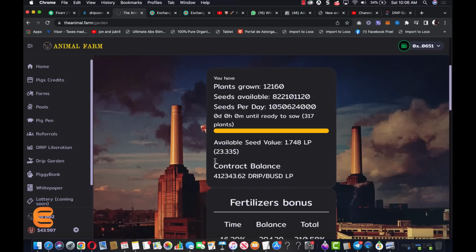Some people say that the more you compound, the better. To me personally, one time a day works pretty well, especially when price is going down like it is right now. It's good to get as much real estate as possible,